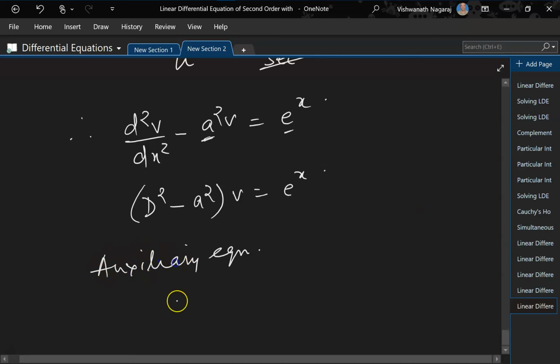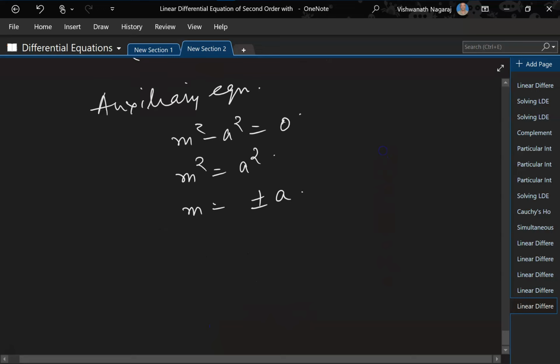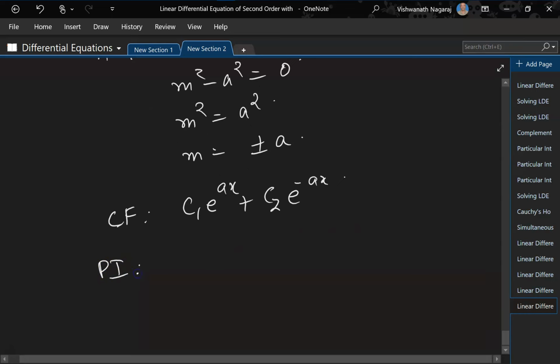Auxiliary equation is m square minus a square is equal to 0. M square is equal to a square. That means m is equal to plus or minus a. That means complementary function would be C1 e to the power of ax plus C2 e to the power of minus ax. Now coming to pi, we'll write it as 1 by d square minus a square e to the power of x,